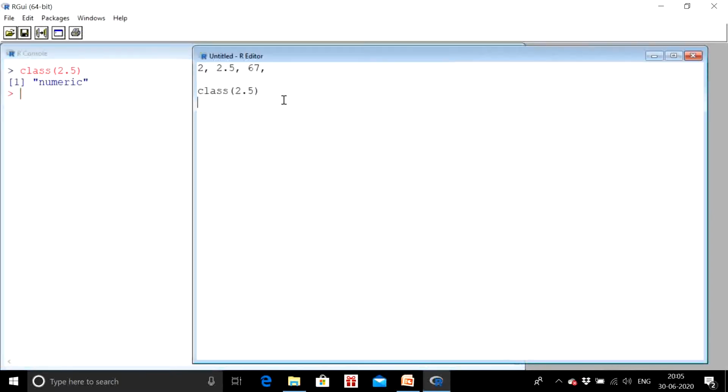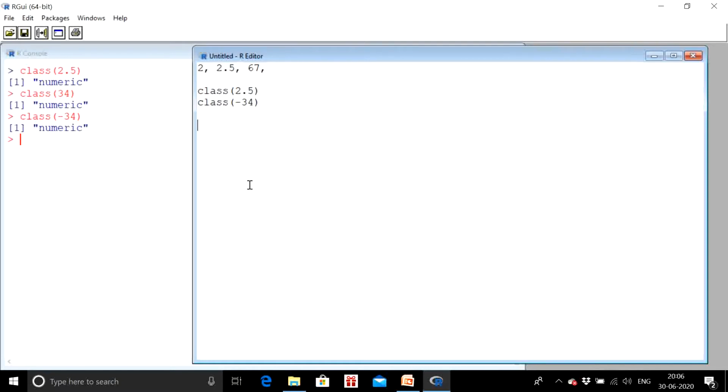You can even use a whole number like 34. It is numeric. You can use a negative sign. See, it is going to be numeric. Now let us come to characters. So one thing I forgot to tell you. You can basically see that any floating data point, that means it can be a number, a whole number, an integer, a negative number, a fraction. If you put it in the class command, it's going to show you the data type as numeric. Remember this. I'm going to come to this later.